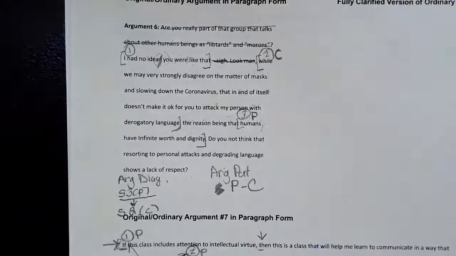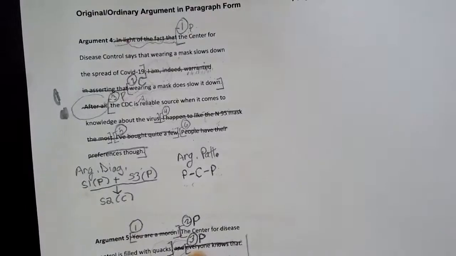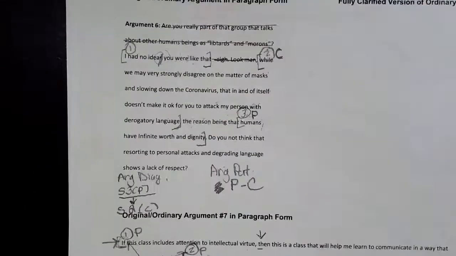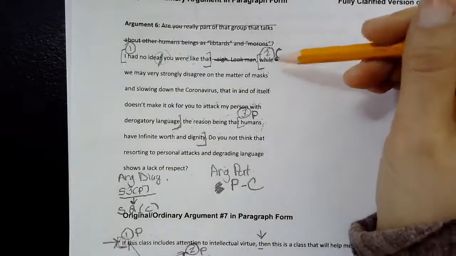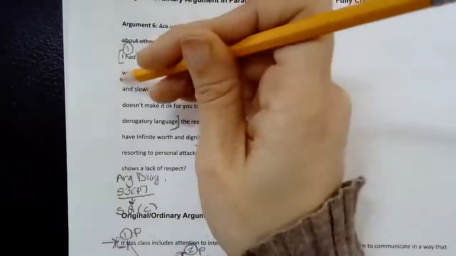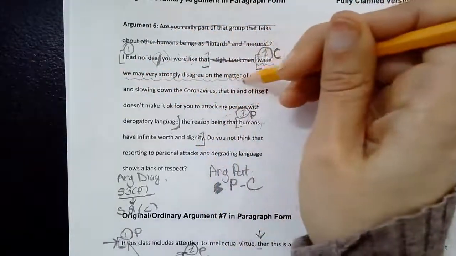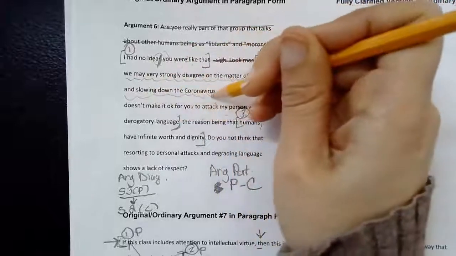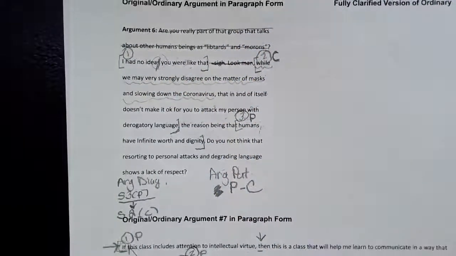Okay, so finally we have an example. By the way, our example where we had "everyone knows that" right here, that's an example of assuring, or certainty. And then "I think" is an example of hedging, or doubt. Here we finally have an example of discounting. While we may very strongly disagree on the matter of masks and slowing down the coronavirus. So remember one example of a discount indicator is to say, I realize, but, I know you think that, but,